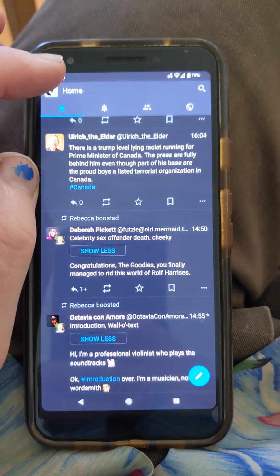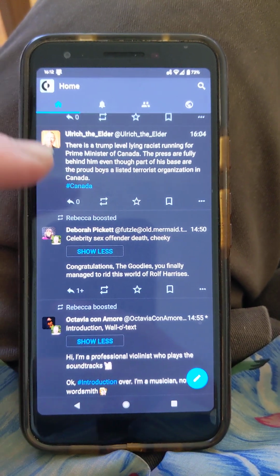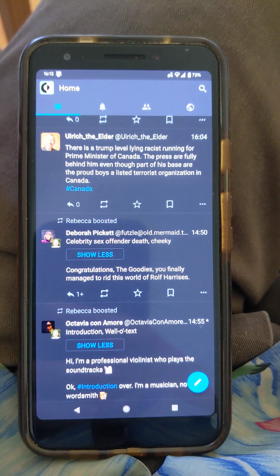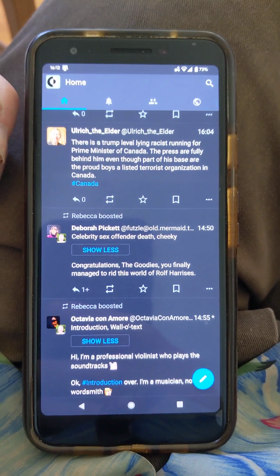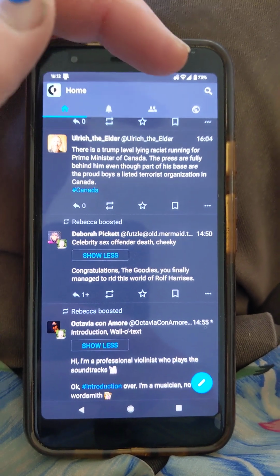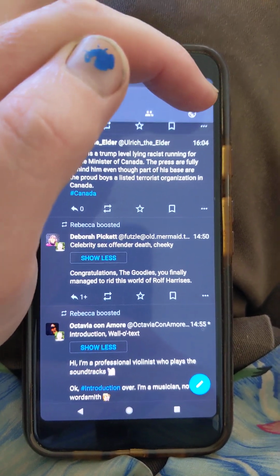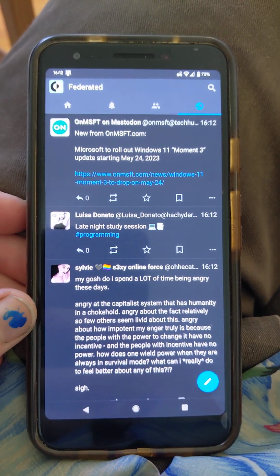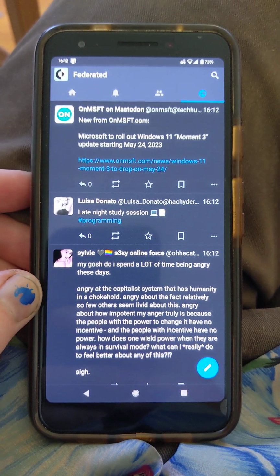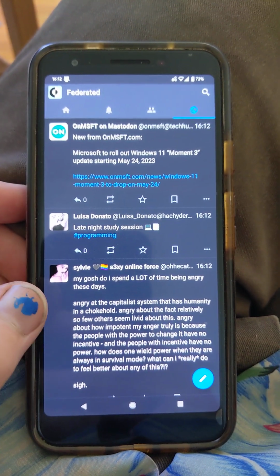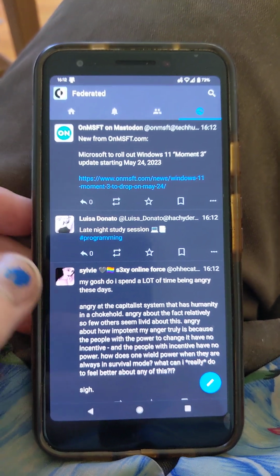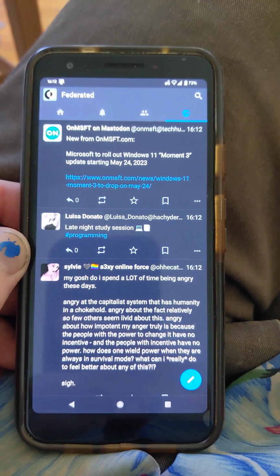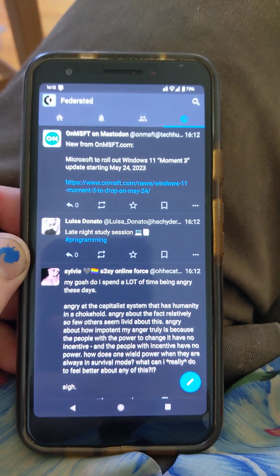Basically, when you start out, you're going to be on your home screen. That's everyone that you follow or whatever. And I'm using Tusky, by the way, but all the Mastodon clients share a similar format and whatnot. But so I'm just going to go over here and click on the federated timeline. Now that person's not entirely wrong. Under normal circumstances, the federated timeline is a fire hose. However, if you browse it in a specific way, it is less of a fire hose, and you will discover